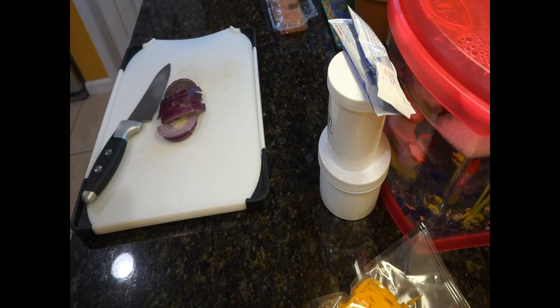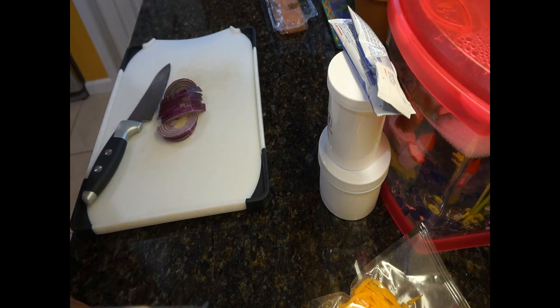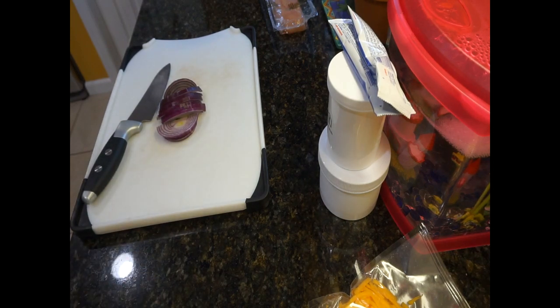Hey guys, so today I am cooking one of my Home Chef meals. It is the adobo chicken enchiladas. So I'm gonna show you what came in my box for this recipe. So I got here